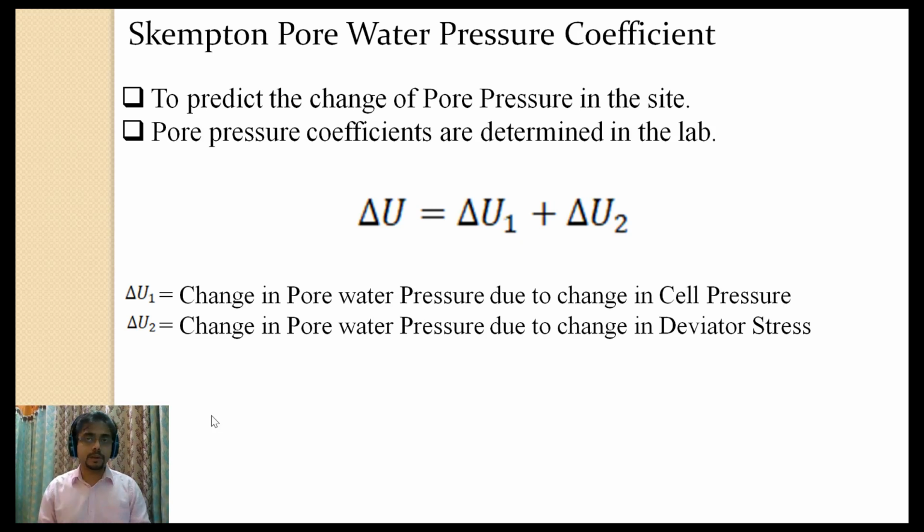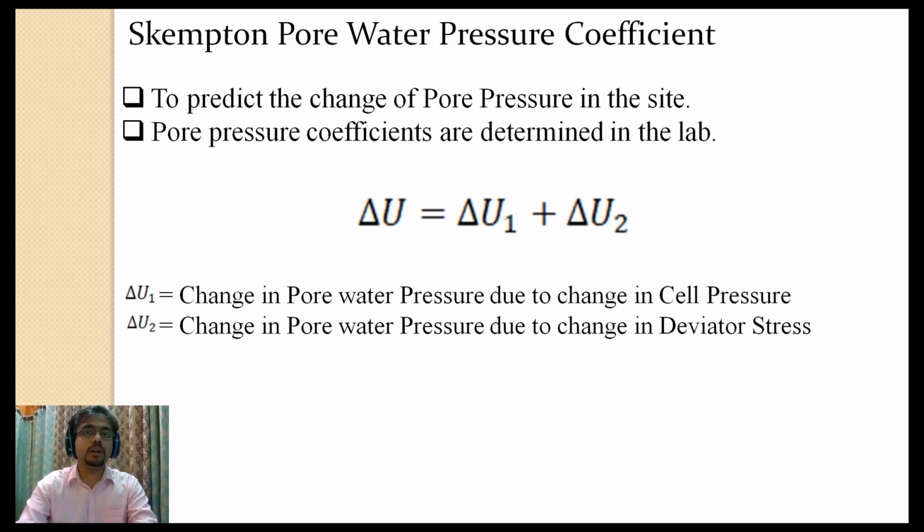We all know, for drained test, the excess water pressure is going to be 0. For undrained test, the excess water pressure is going to be developed. It has already been told several times in the last video. So for the drained test, the excess water pressure is always equal to 0, so we can find out the effective stress quite easily. But for the undrained test, we cannot find out the effective stress quite easily. That's why we plot the total stress when we plot the Mohr circles.